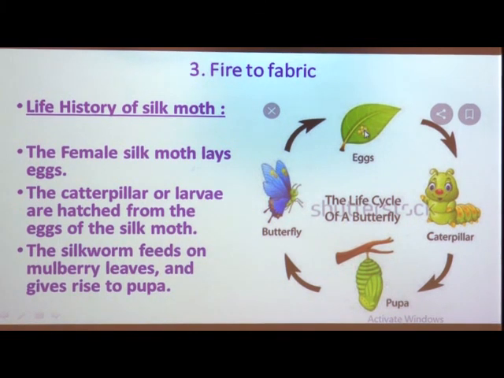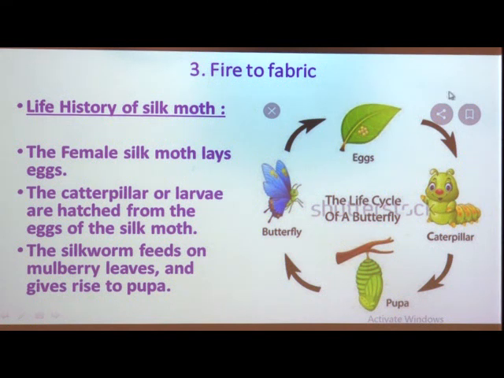So here only one leaf of a mulberry tree is shown, and some egg-like structures which are very small in size. When these silk moths lay eggs, this white colored structure is nothing but the eggs of this silk moth. They look only like a drop. When they lay eggs, they are not big in size, only like a drop of water we can say, or anything like a drop it looks like on those leaves.